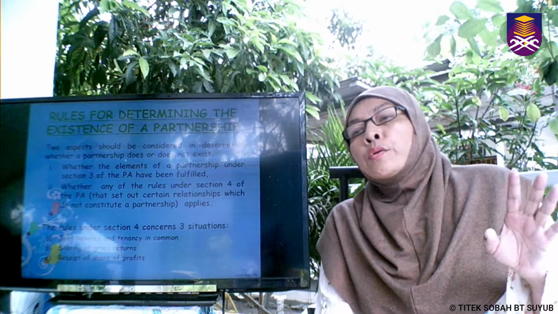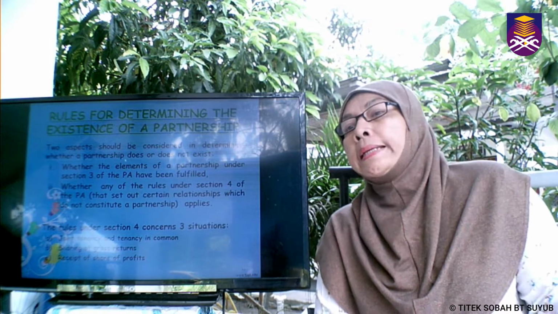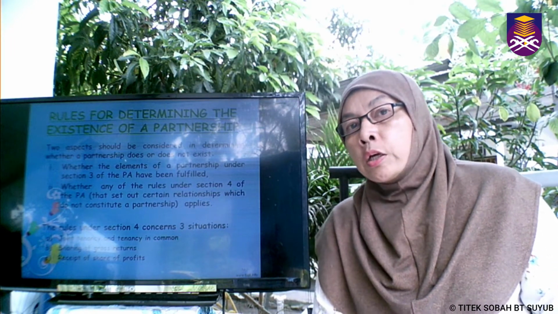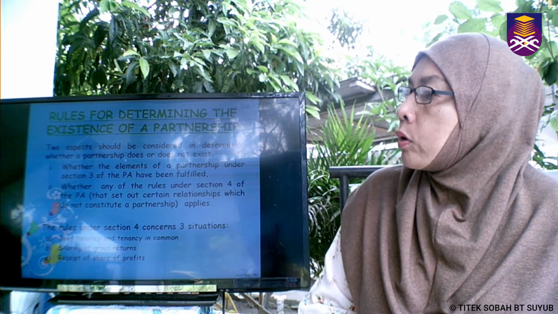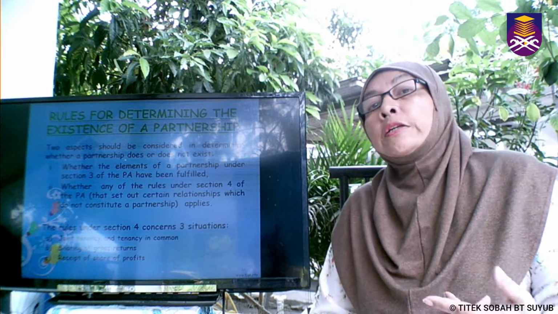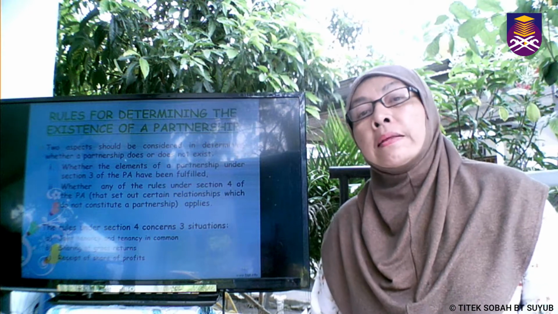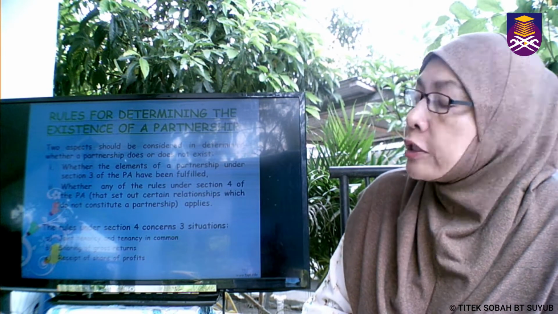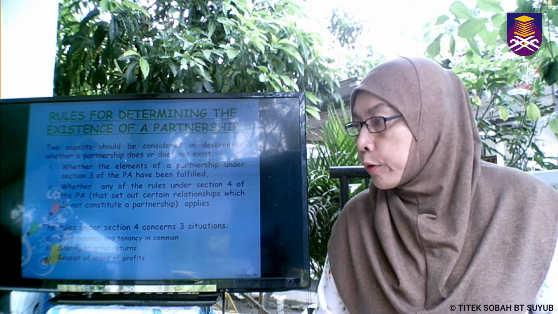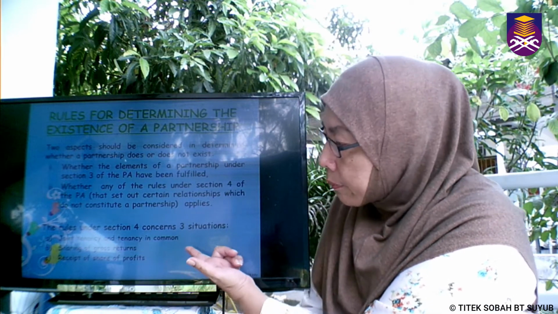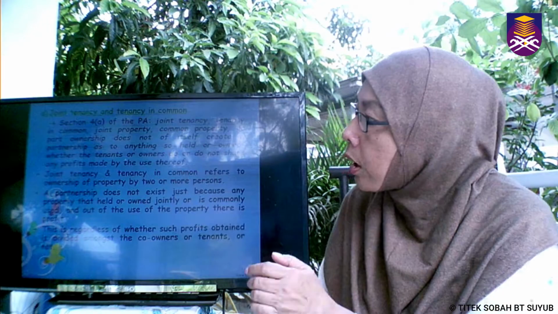Sorry guys. So looking at section 3 alone of the Partnership Act is not good enough to determine that actually a partnership is in existence. So meaning we need to read other sections. So apart from section 3, we also have to go to section 4. Okay, then only we can see the clear picture as to whether the partnership is in existence or not. So under section 4 of the Partnership Act, there are certain points which are very important. The first point is that it talks about joint tenancy and tenancy in common, then sharing of gross return, then receipt or share of profit. So let us go on.